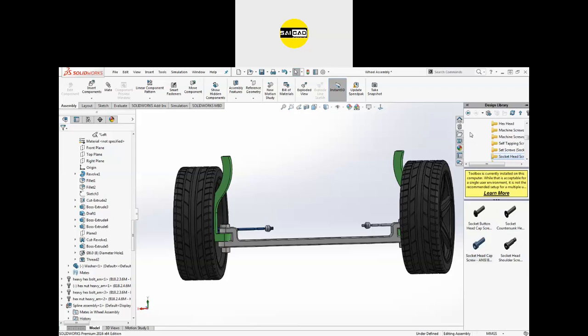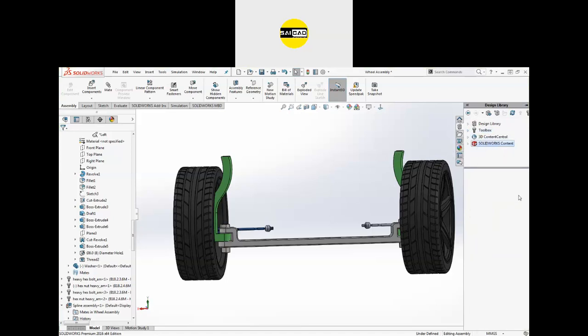Okay, there is another option that we can download from the library also. There is the SolidWorks content. If you have active internet, there will be some options for what we want to download. For the blocks, for the circuit, for the routing, for the weldment, we have some standards here. Like for the weldment, I want to download this ISO type, so I can just double click on it and it will be downloaded. Right now I have already downloaded this.